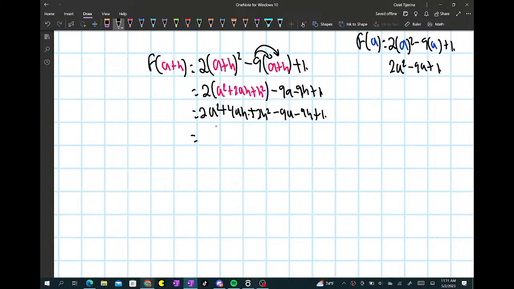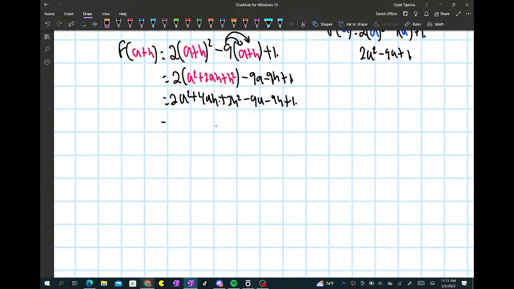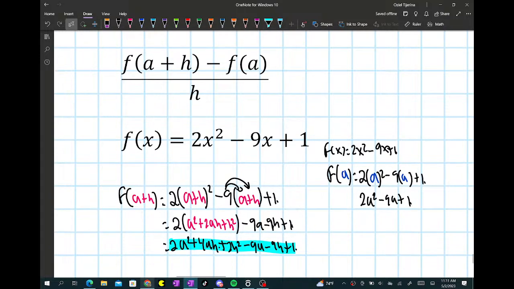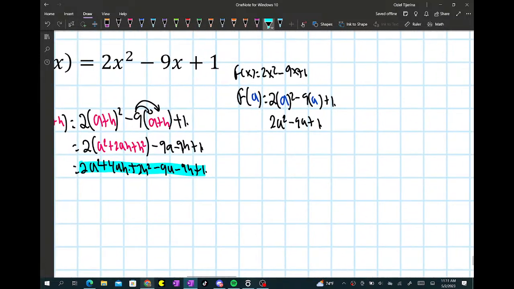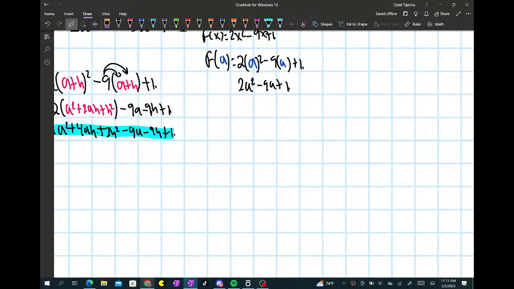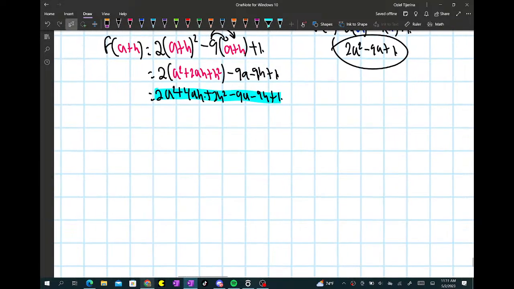I think that would be it for this, right? This is f of a plus h here. So that is f of a plus h. Now minus f of a. So f of a, we just did it. So now we have 2a squared plus 4ah plus 2h squared minus 9a minus 9h plus 1